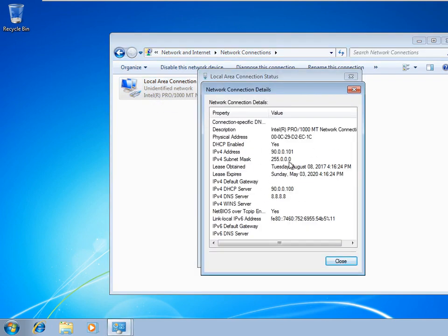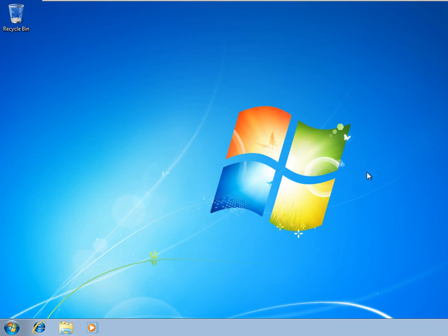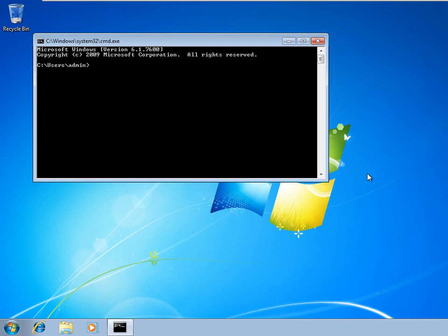You can see here you got the IP address 90.0.0.101 and 90.0.0.100 is a DHCP server, 8.8.8.8 is a DNS address. So this is about your server and client. Sometimes in your client, if you are not getting a proper DHCP IP, you can use a command called ipconfig